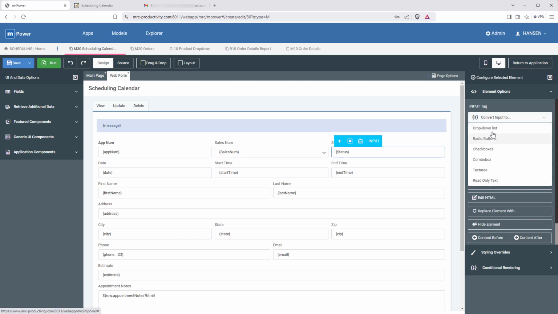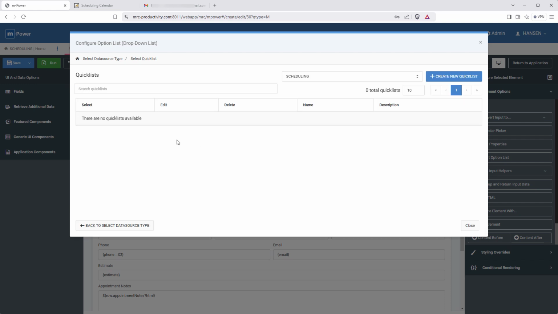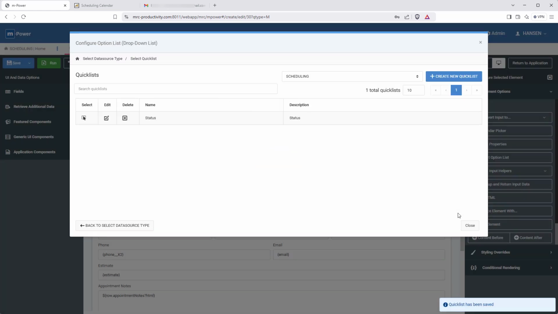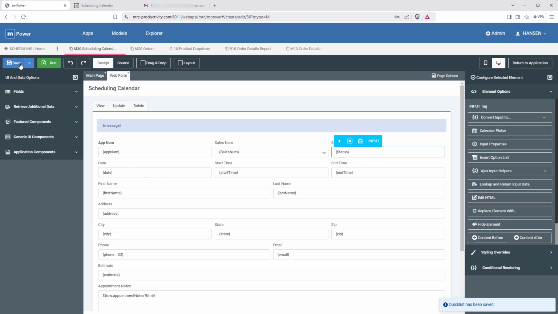All right, so I'm done with that drop down. And now let's just add one more drop down to our status field, as that will only have one of four predefined options. This time I'm using a quick list, which is great for drop downs like this, where there's only a few options and they won't be changing. So I just need to add my options here: one for appointment, one for approved, one for pending, and one for declined. Okay, so I'm all done with this now, which means I'm done with my form. So I'll save it and we can check it out.